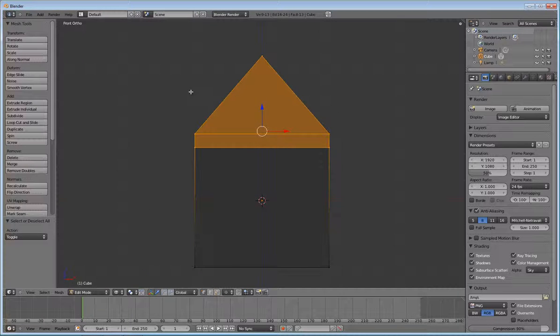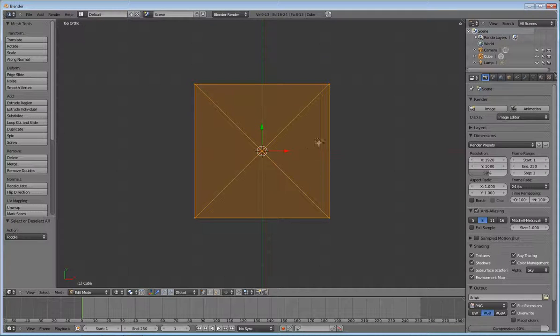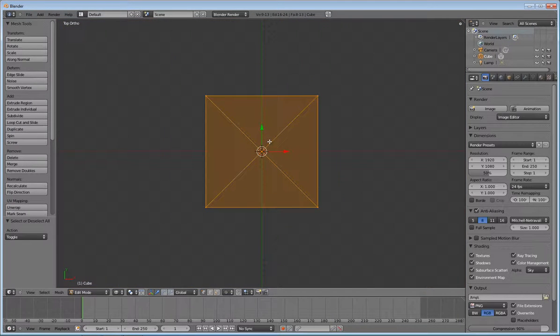Go back into front ortho mode, just how it is right now. And actually, let's go to top ortho mode. So hit 7 instead of 1. Now we're viewing it from the top. We are seeing the very point of the roof as it is right now. And with what we have selected here, if we hit E for extrude and then right click right after hitting E, so I right click,